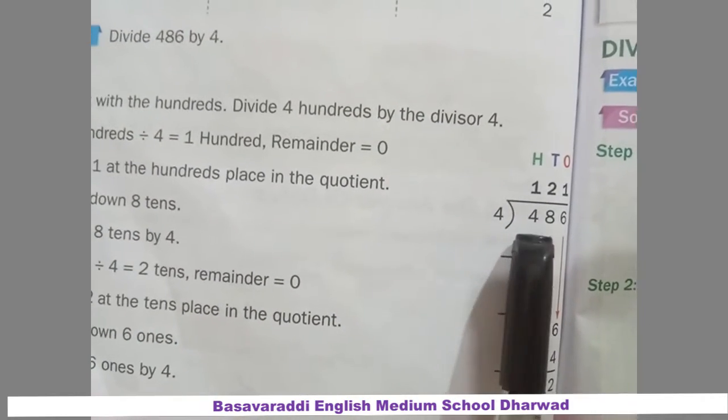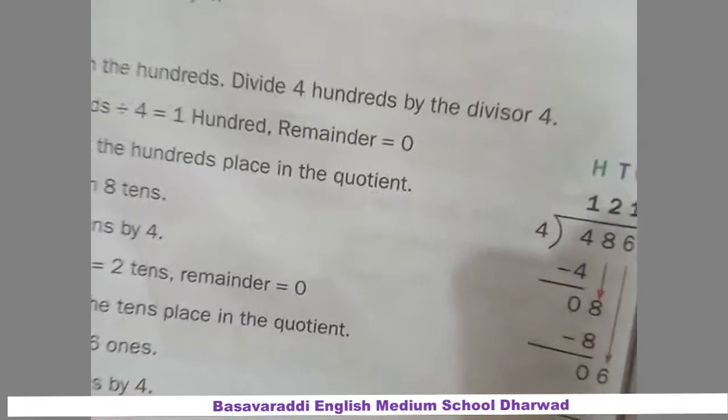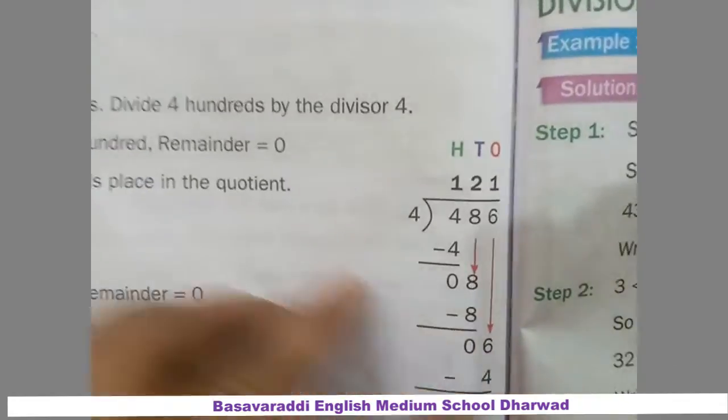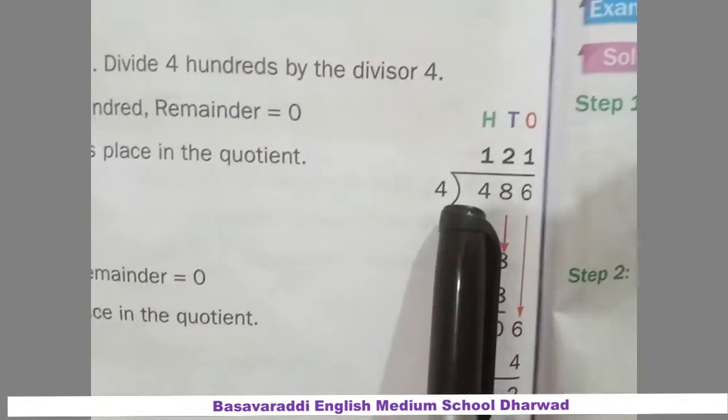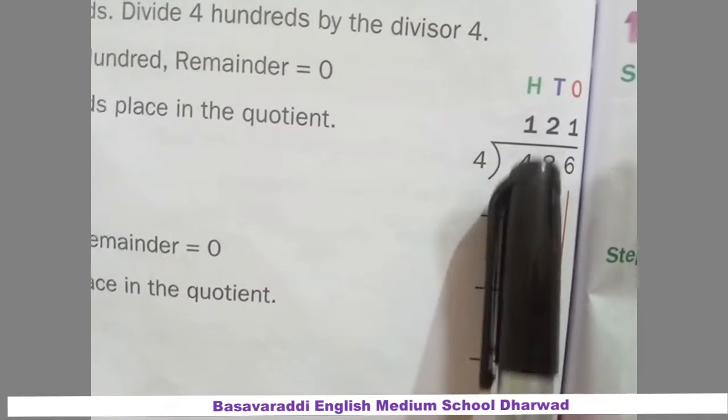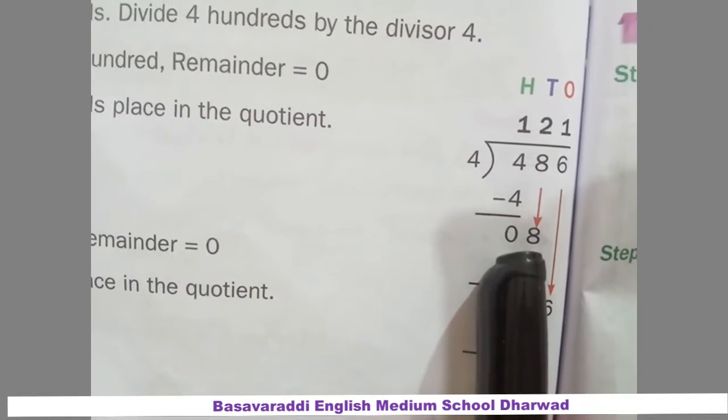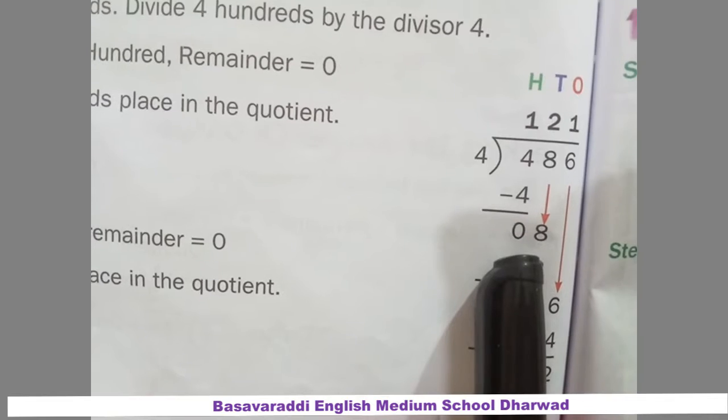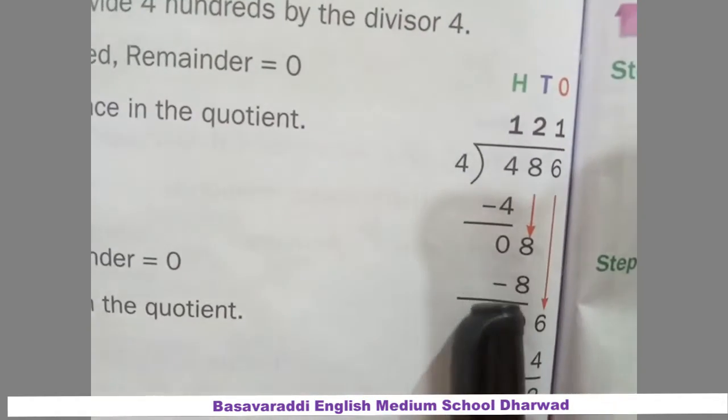First we start with the hundreds place. In division we move from the hundreds place, to the tens place, to the ones place. We say the tables: 4 ones are 4. Again we bring down 8, the tens digit, and tell the tables because it is bigger. 4 twos are 8. Then 0, we subtract and get 0. Again we bring down the ones place.